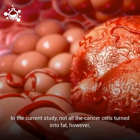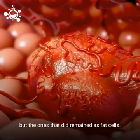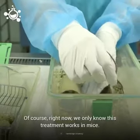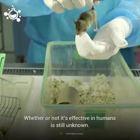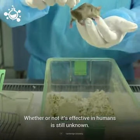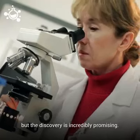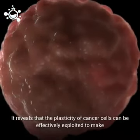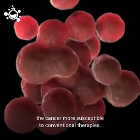In the current study, not all cancer cells successfully returned into fat, but the ones that did remained as fat cells. Of course, right now, we only know this treatment works in mice. Whether or not it is effective in humans is still unknown. A great deal of experimental work is needed before this research translates into human treatments, but the discovery is incredibly promising. It reveals that the plasticity of cancer cells can be effectively exploited to make the cancer more susceptible to